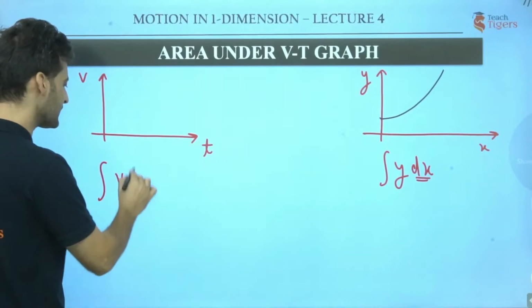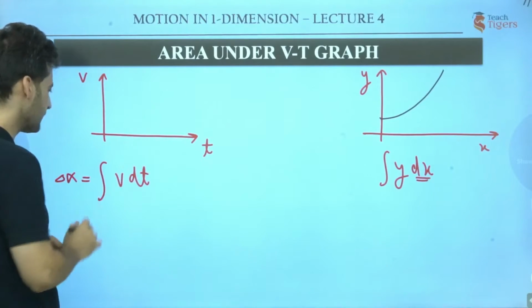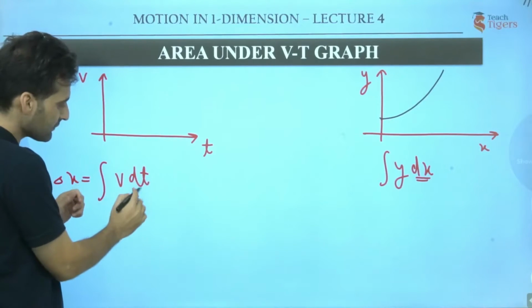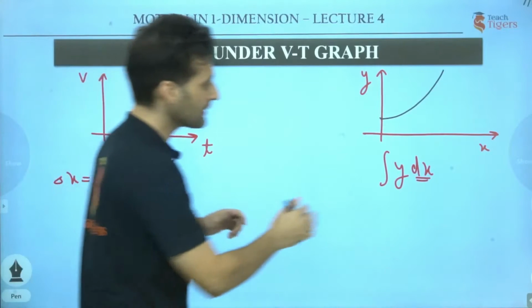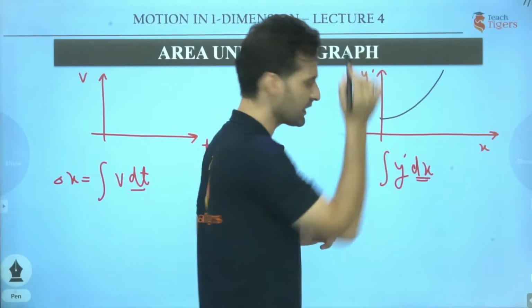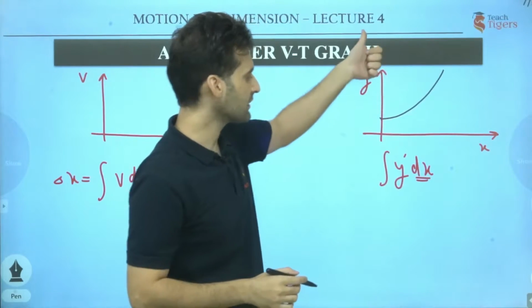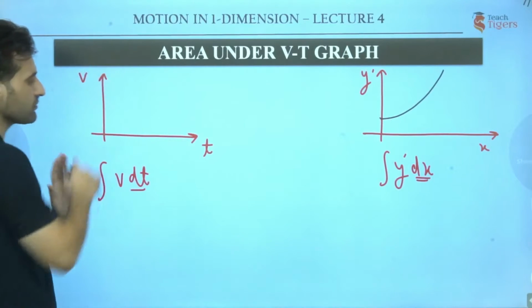if I want to calculate this thing, integral of v dt, which is nothing but delta x over here. So what I need to do here, जिसका derivative होता है, it's a time derivative, take it along the x-axis. Okay, and now this thing, let's call it y dash over here. So this y dash, you take it along the y-axis. So I have taken it on the y-axis. Similarly here, this is velocity. So I have taken it along the y-axis.